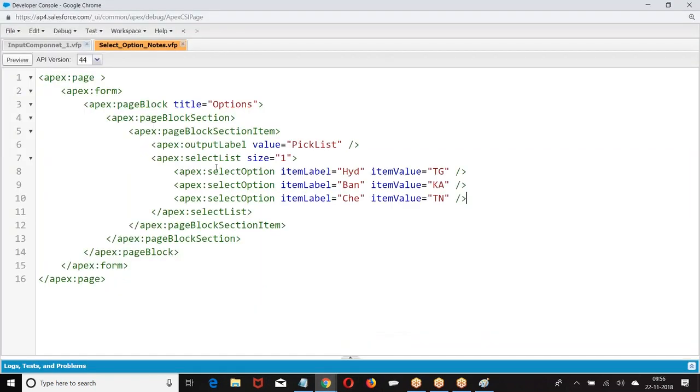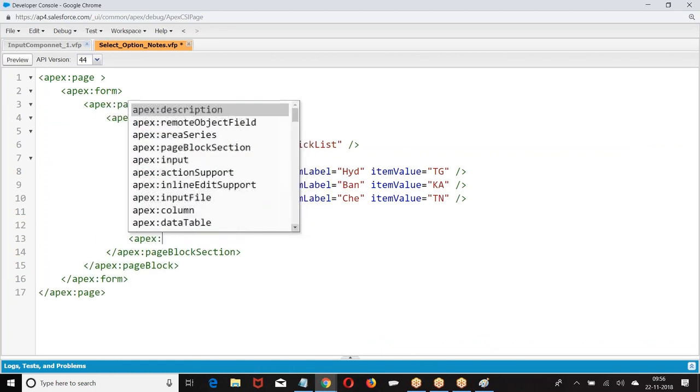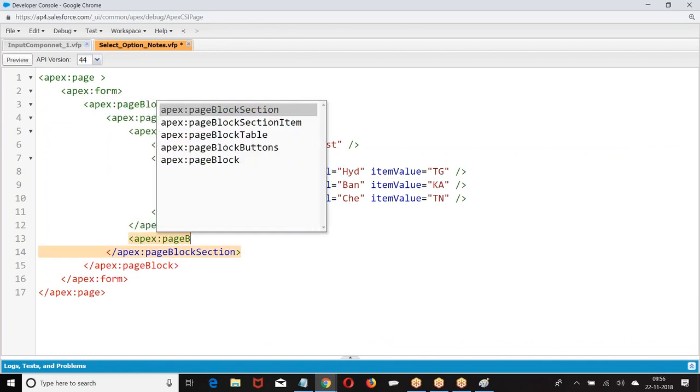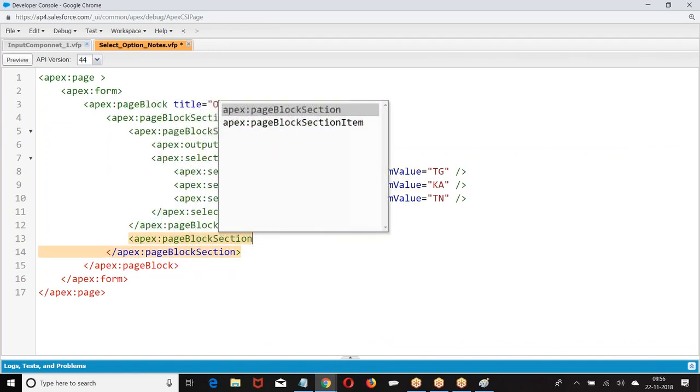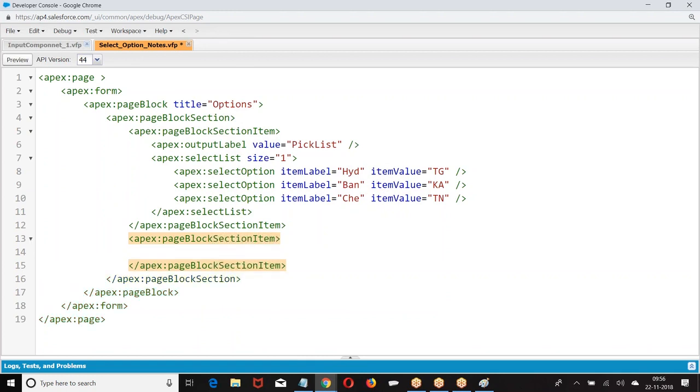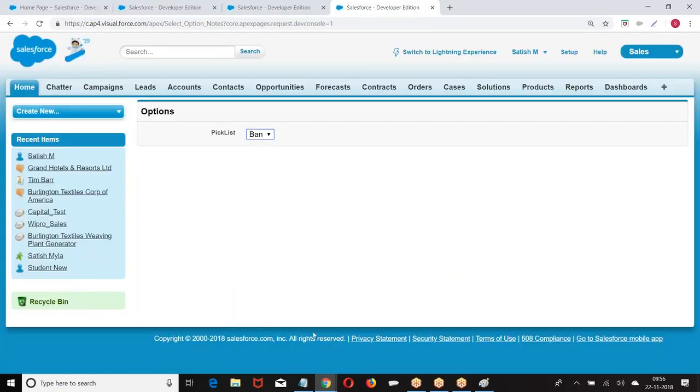So what was this? Select list. Now I am creating one more apex. I gave size equal to 1. Why? That is the reason only one option is displayed at a time.